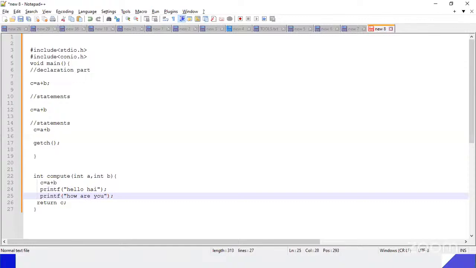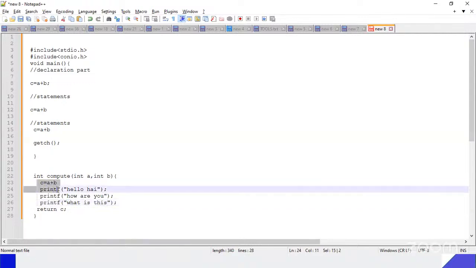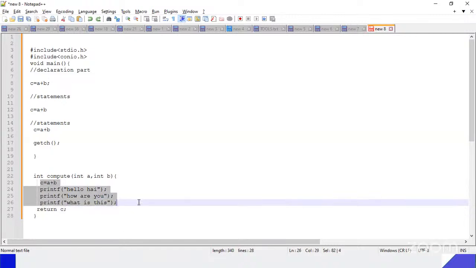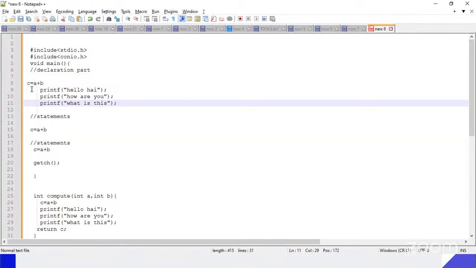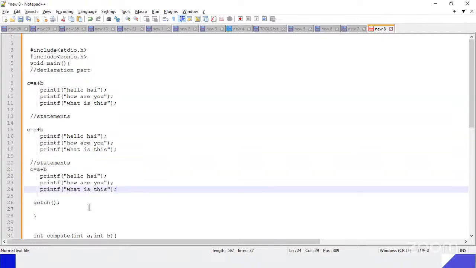I have three statements, and almost four. Instead of repeating these statements every time in our program, three times, instead of repeating,